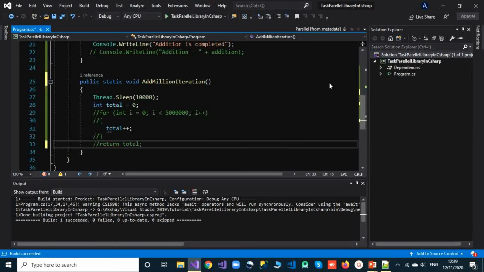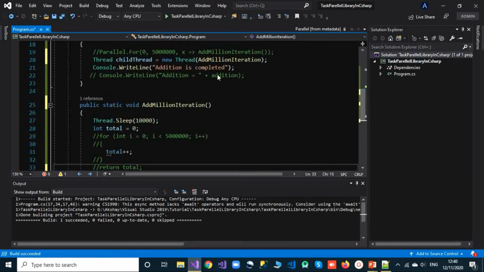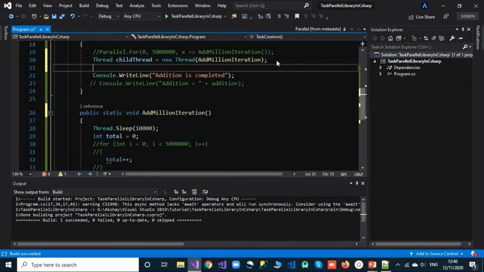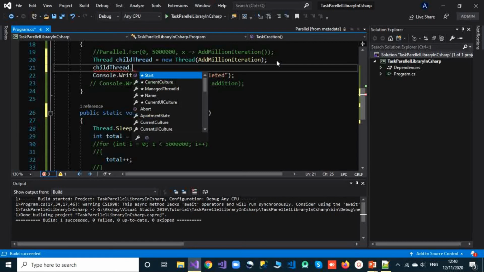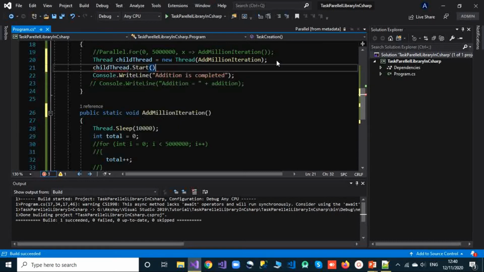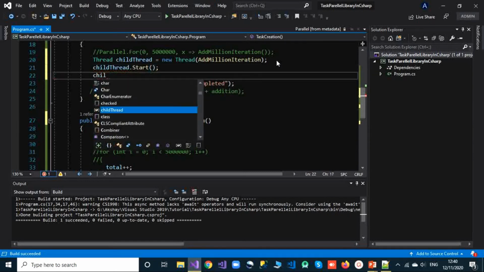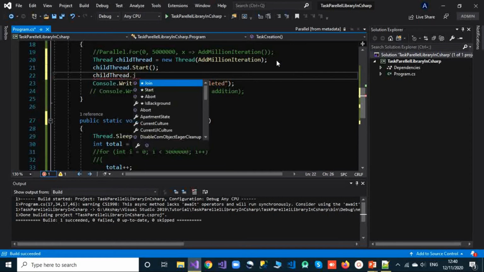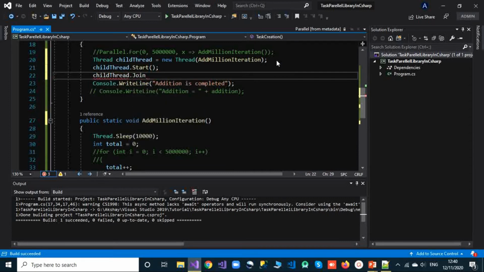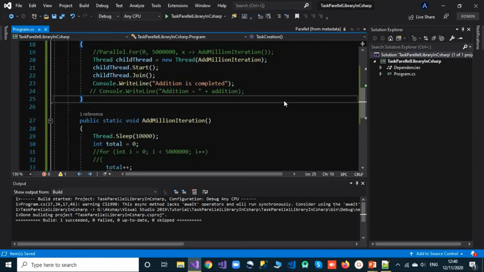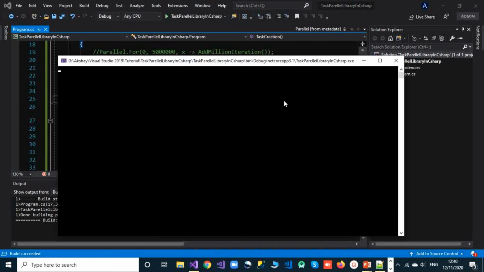I will make this child thread run, start it, and also use Join to make the main thread wait for this operation to be performed. Now let's run that again, and we will at least get the addition is completed message there.